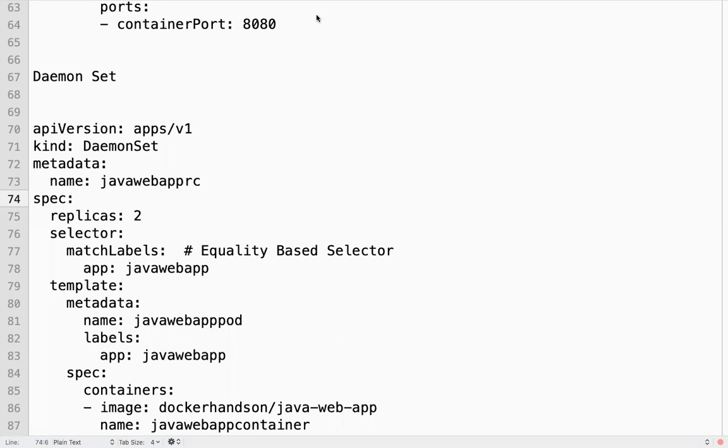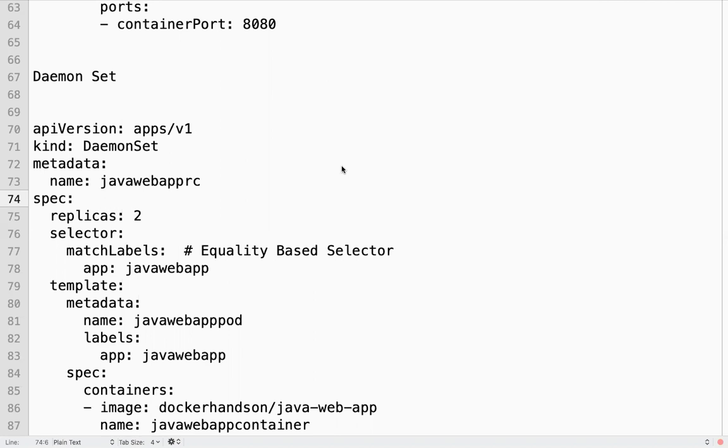Replica mode and global mode. Global mode is like each and every node will have a copy of the container.